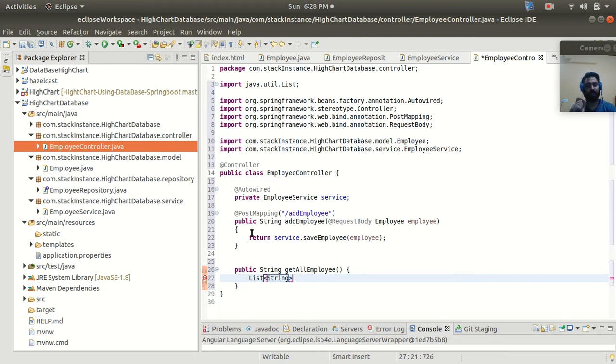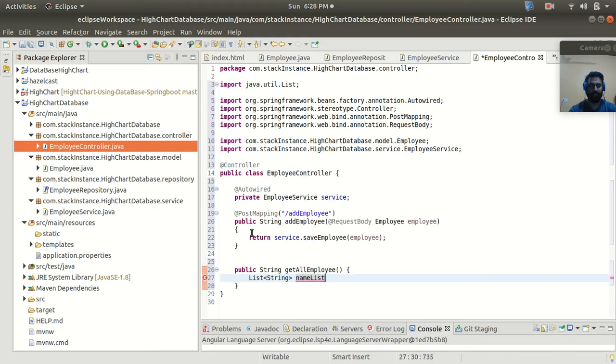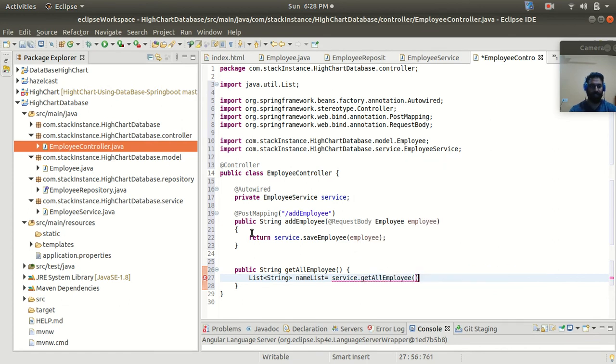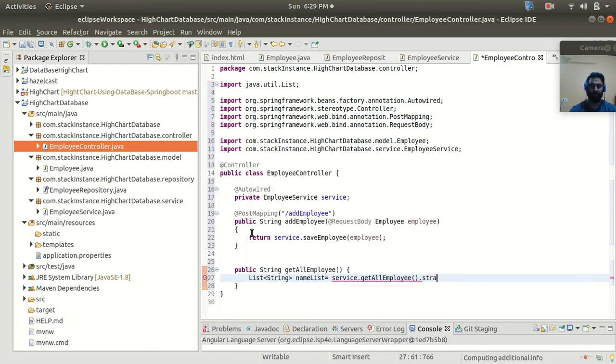I'm going to fetch the age first and add the ages in a list. So let's see how we can do it. Let's add a name list first. First of all I will use the service dot, we have the getEmployee method, and here I'm going to use the stream API to stream the data.